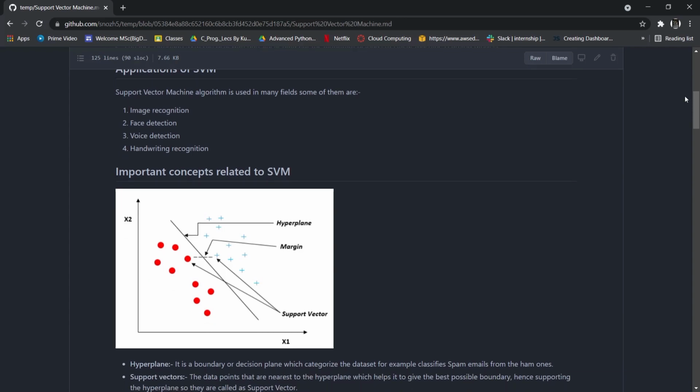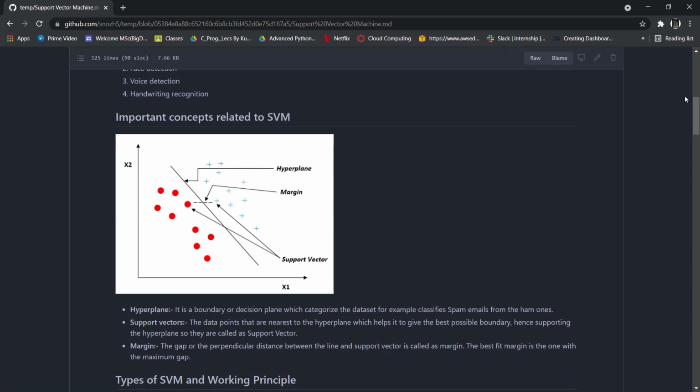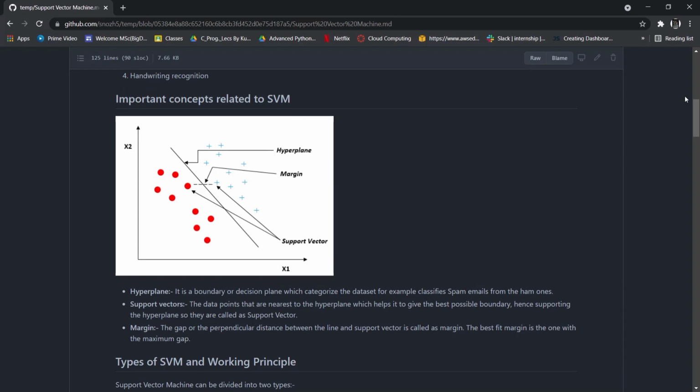So, to understand the SVM algorithm, one needs to first be familiar with three important terms: hyperplane, support vectors, and margin. A hyperplane is basically a decision boundary that divides our dataset. SVM can generate many hyperplanes, but the best hyperplane is the one whose distance to the nearest element of each class is the largest. By that I mean, firstly, the data points that are nearest to the hyperplane